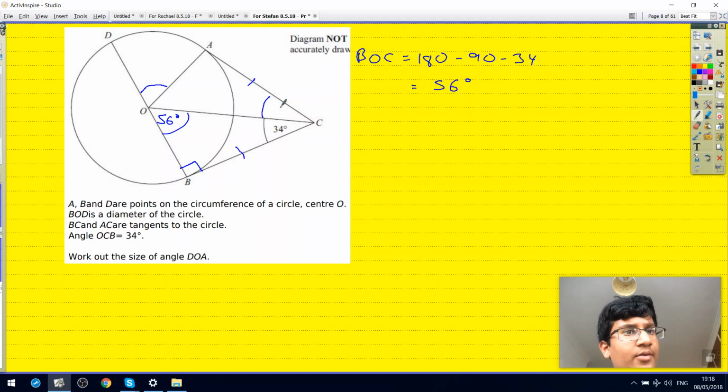Sorry, I didn't quite get that. So what do you notice about the two triangles, AOC and OBC? Both BC and AC are tangents, so BC and AC are the same length. These two angles are the same. This is going to be 90 degrees as well. Okay. And then you'd get 56 from that. So basically, they're similar triangles, and so that's going to be the same. Whichever way you do it, you get the same thing. Yeah, okay, that's fine. So if we know that this would be 56 as well,